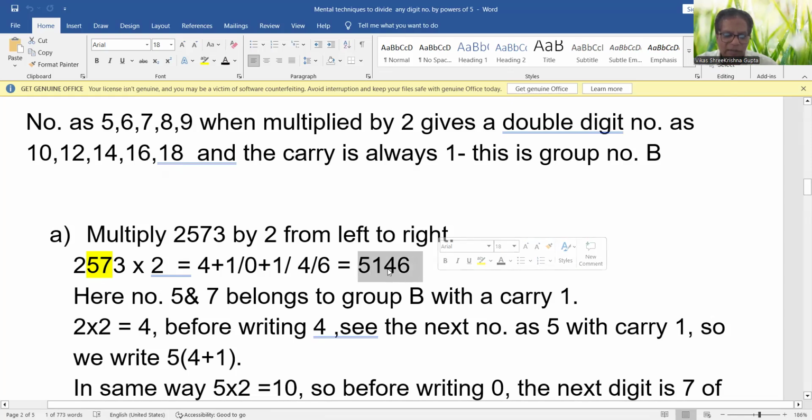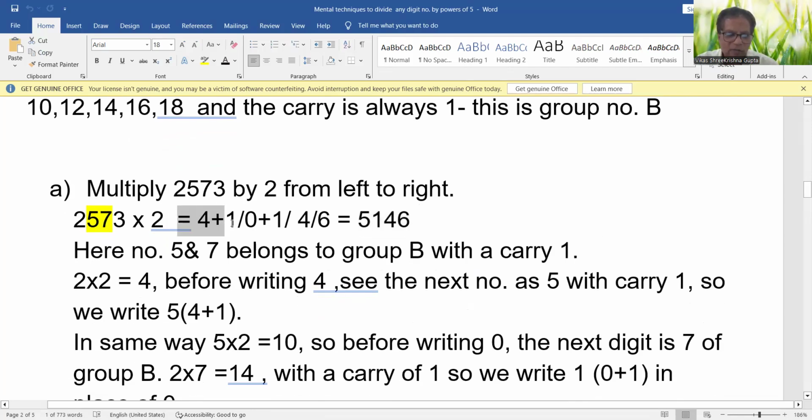See, 5 1 is got by adding carry 1 to 4. The 1 is got by adding carry 1 to 0. And this 4, why am I not adding any carry to 4? Because the next number is 3, without a carry. So the answer is 5146. I have shown you all this, 4 plus 1, 0 plus 1, but you can do all this mentally